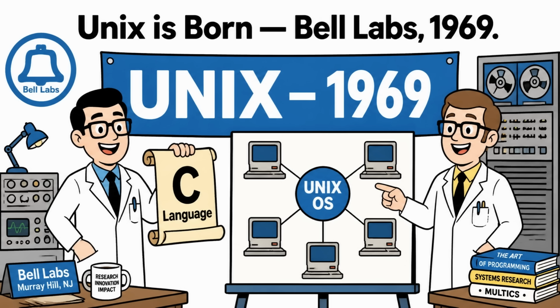In 1969, engineers Ken Thompson and Dennis Ritchie at Bell Labs created a new operating system. They called it Unix. Now, the name is often written in all capital letters, U-N-I-X. Unix was brilliant for its time. It was written in the C programming language, which itself was invented alongside Unix, and that made it incredibly portable. You could take the source code, compile it for a different machine, and boom, Unix would run on it. This was revolutionary. For the first time, the OS could travel across different hardware.